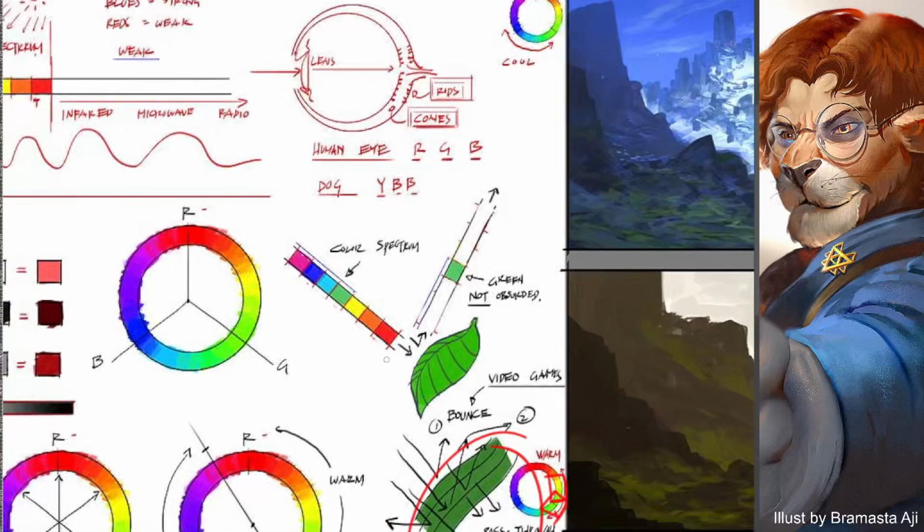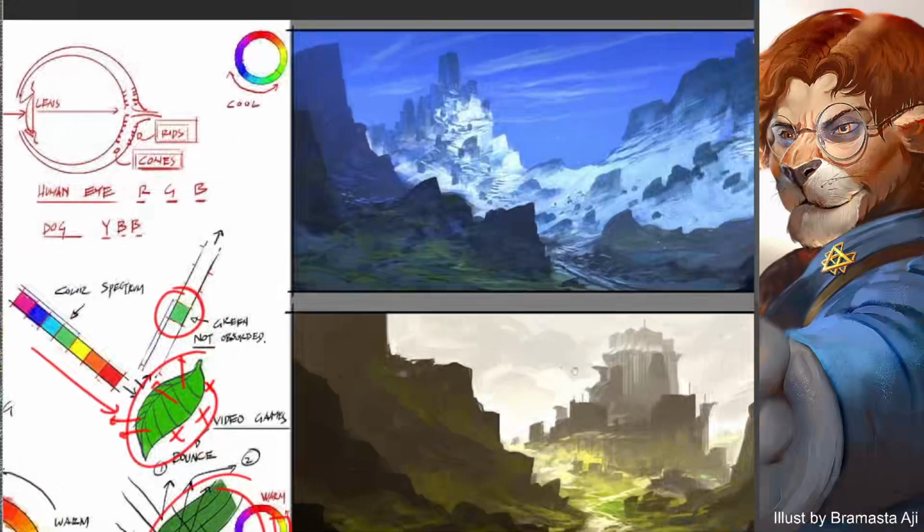So for example, if an object is green, in the spectrum of colors, the leaf will absorb any colors except the green. So how are these objects green? Because they are reflecting green. So this is how